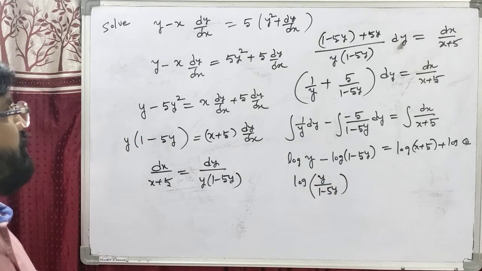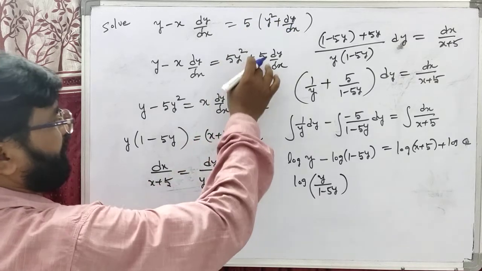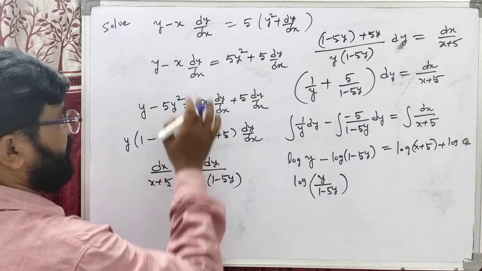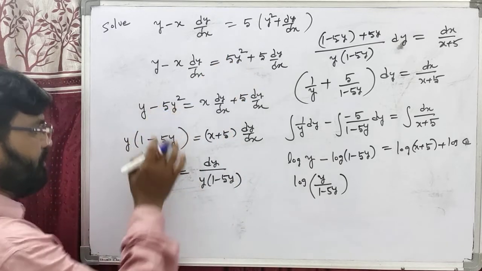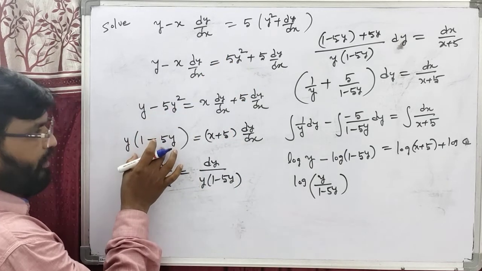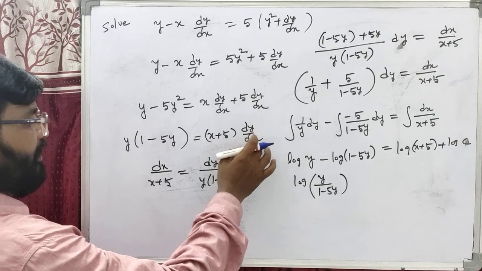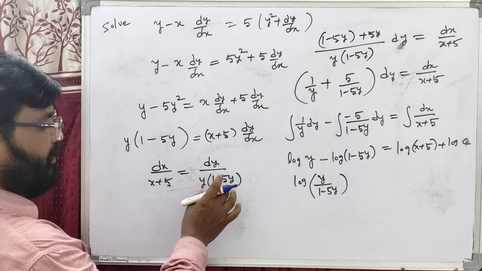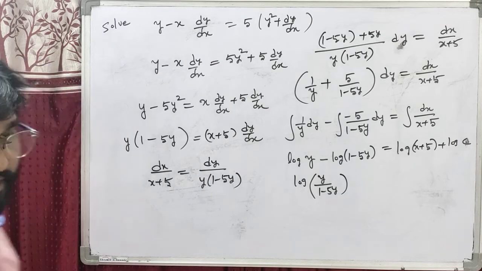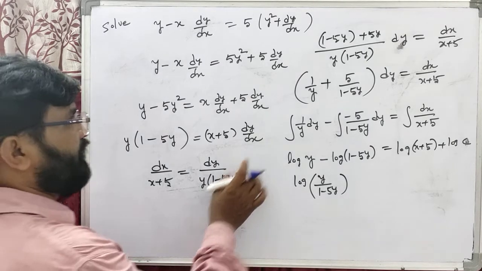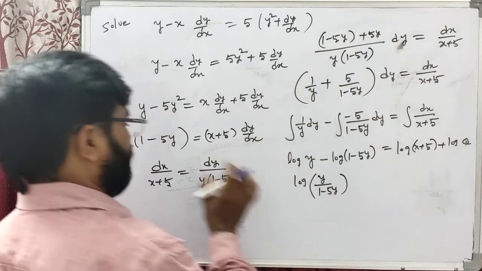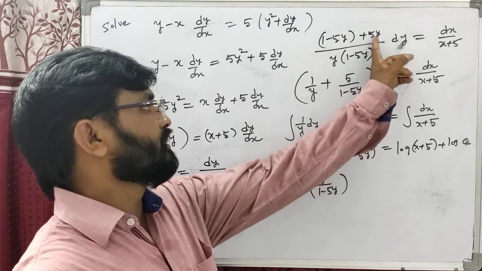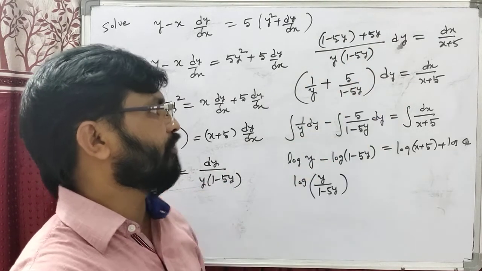So dear students, first you can multiply with 5. After that, we can send the minus x to the plus x, and plus y square to the minus y square. In this step we have to take y common, and here dy by dx is common. Now we are taking the variable separable method. Here you can write the small arrangement, or the partial fractions. So the small arrangement is: we take minus 5y plus 5y in the numerator. After splitting, this is 1 by y, and this is 5 by 1 minus 5y.